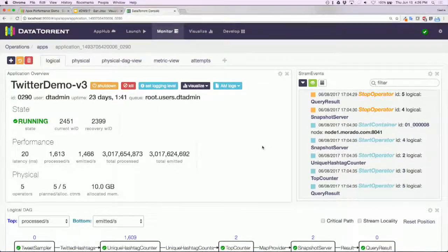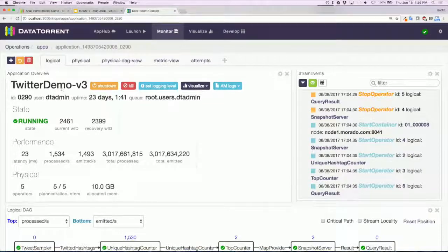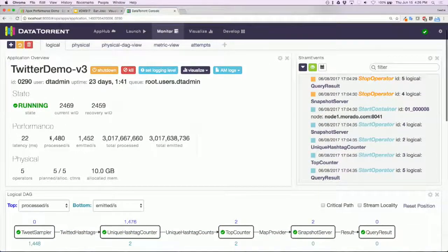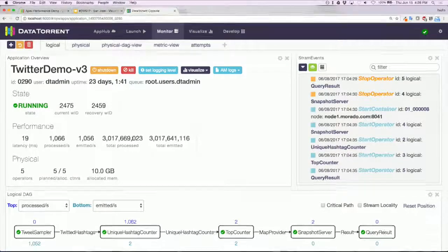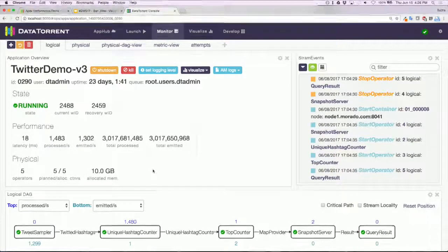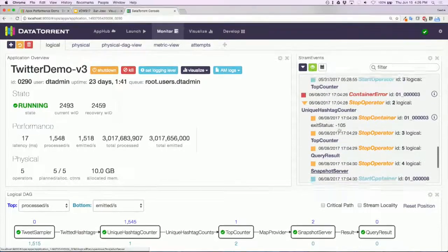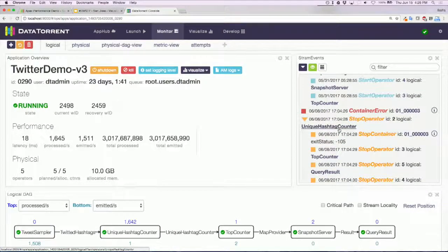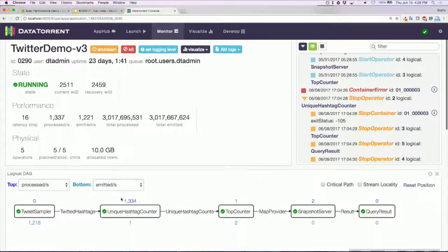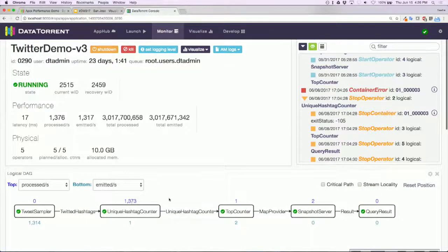But just to point out what the running application looks like, so you can see all the details of the application. It's named here, and you can see some of the stats, including how many events it's already processed, how many physical containers have been allocated on Yarn, where it's running, and how much memory it's using. And you can see a number of events that have occurred with this application. These are changing in real time, by the way, just like the stats about how the application is running and how many tuples or events